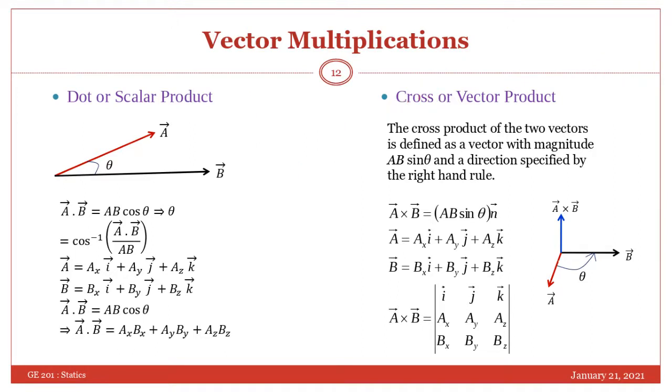Therefore, if your vector A is expressed in the form of components a x i plus a y j plus a z k, and you multiply this vector,